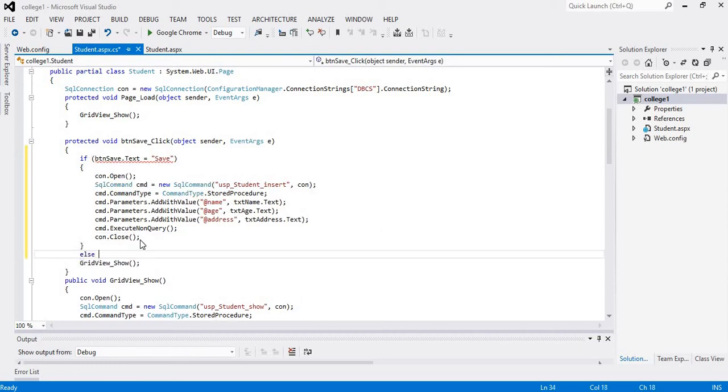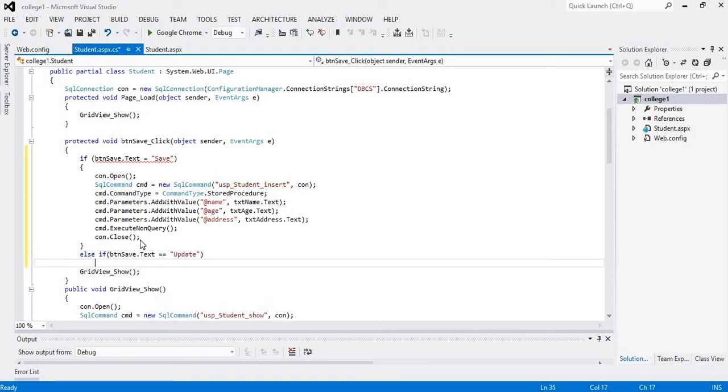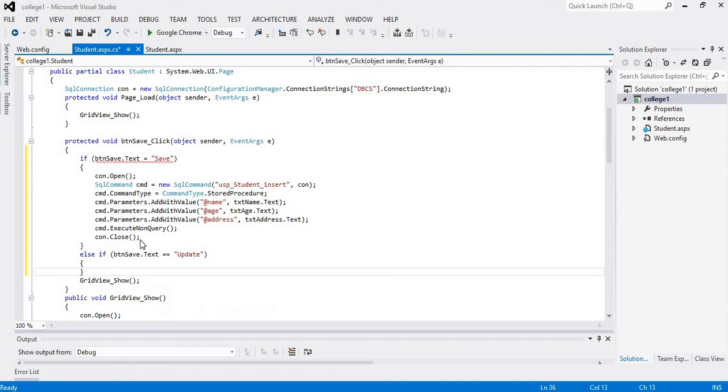Else if btn save dot text equal update, then we will write the code for updating our record.